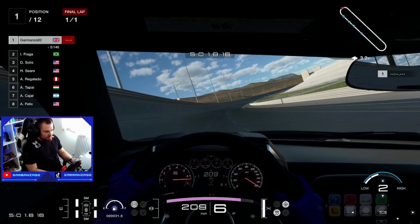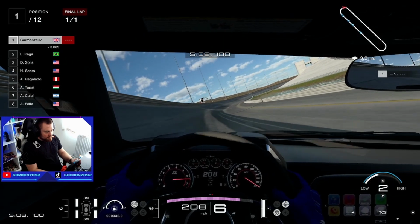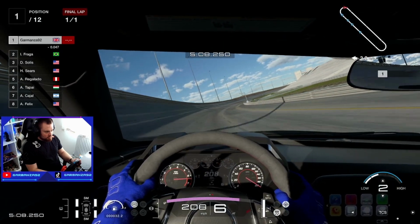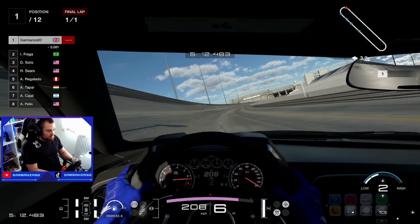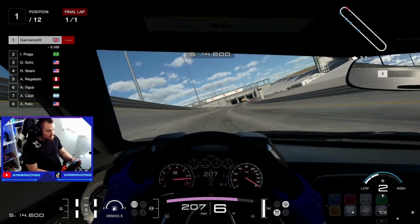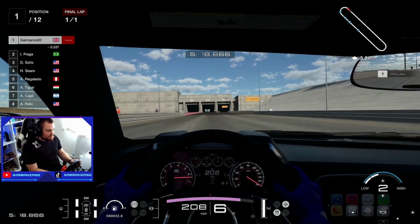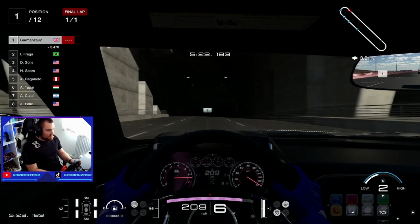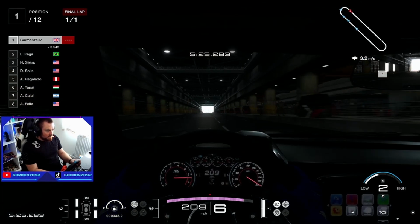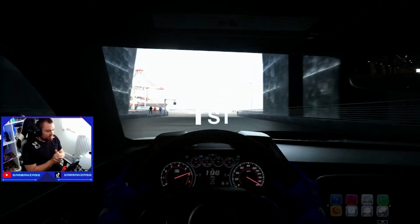Let's get up the road. I'm going to try and propel myself out of this corner. Oh my word! Nearly got taken out by the Brazilian there. That wouldn't have been very good. He's had to brake there, which might mean that we get the gap that we need. The only thing that worries me is there's the finish line. I was going to say how far up's the finish line, but it's right after the corner, so that was